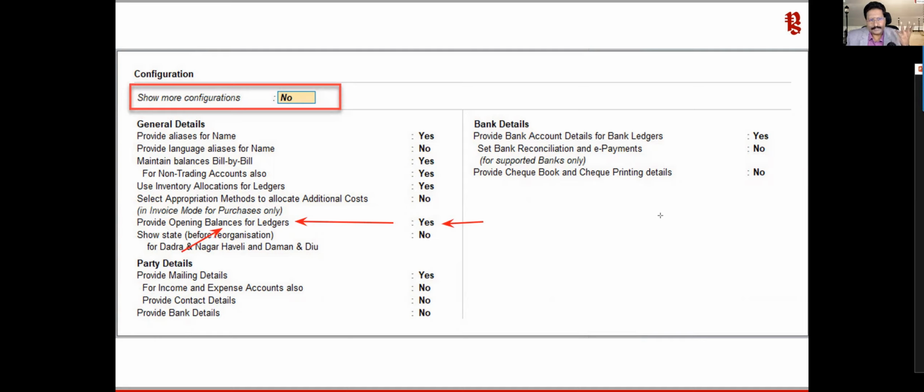So what is the example? Let us say I am starting a new company, right? And in the current financial year, I'm just starting the new company, which means I have no carryover balance of my balance sheet values, right?